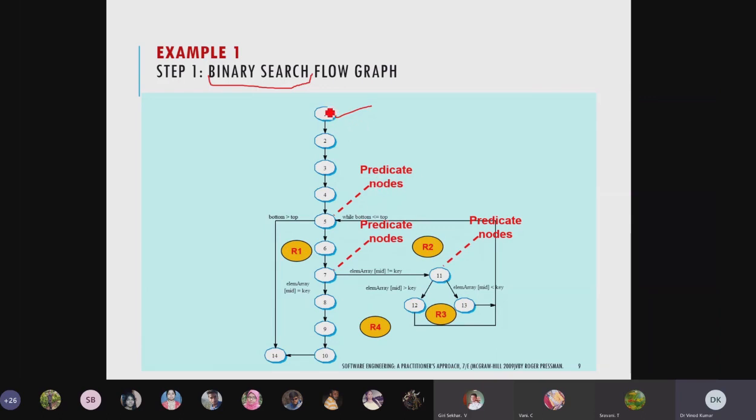We have the different nodes; I told you these circles are the nodes. Then how do you identify predicate nodes? Predicate nodes are nodes having an out degree of 2. It is very easy to understand what out degree is. Out degree means one node is there and some input is coming; suppose I call this node T.